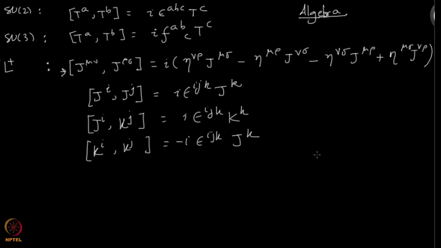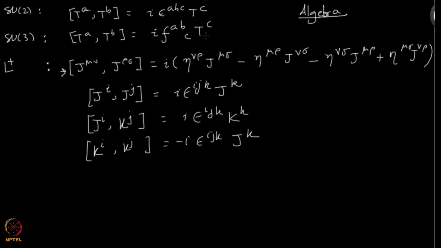Then we had also calculated the commutation relations which these generators satisfy. So, if you look at the SU2 group, then the commutator of T_A with T_B comes out to be i times epsilon_ABC T_C. There is a summation over C implied here, and epsilon is the Levi-Civita tensor, the antisymmetric tensor. And if you look at SU3, similarly you can find the commutation relations, and I think I gave it as an exercise to find out all these constants.